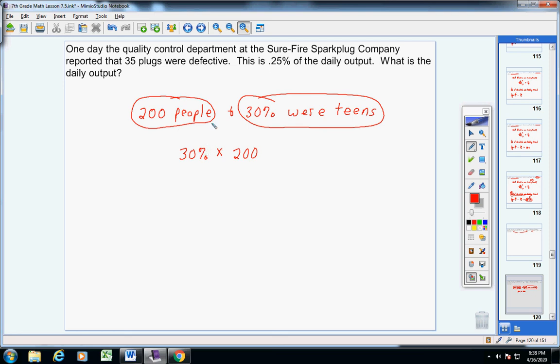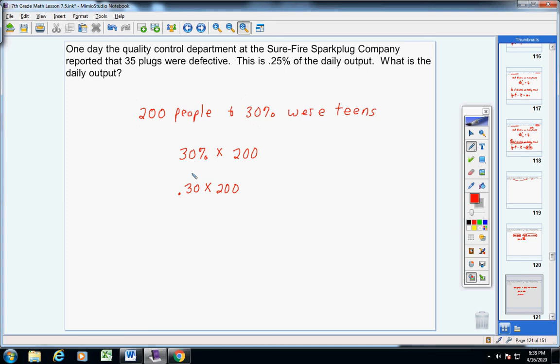You actually take the total, and what's the total in the auditorium? 200, and you multiply it by the percentage. Well, you don't use 30%, you use 0.30, of course. But if you multiply this, what would you get? 60. So that tells you right there that